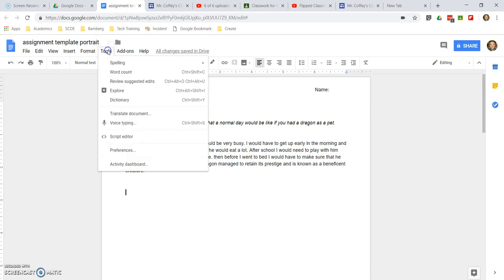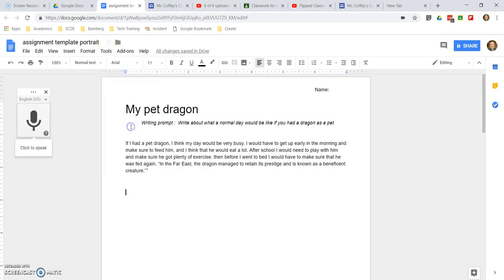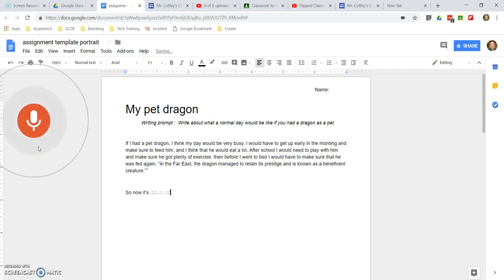So if you go into Tools and go into Voice Typing, you'll get a little microphone that comes up, and just like it says, all you have to do is click to start typing. So now it's recording. And everything that I say should show up as typed words. Notice that I do have to put in the punctuation that I want, but other than that,